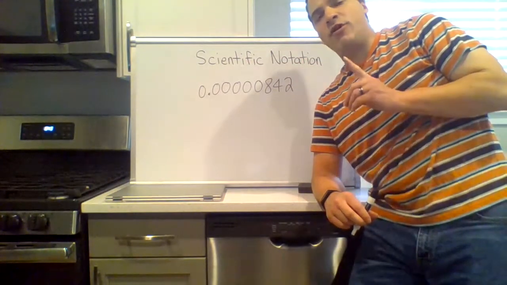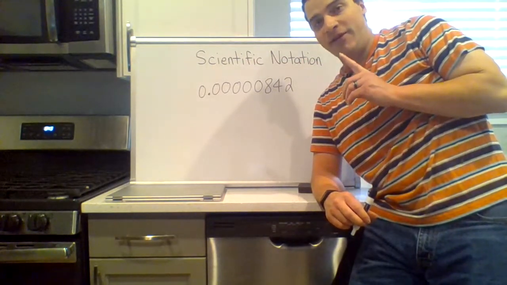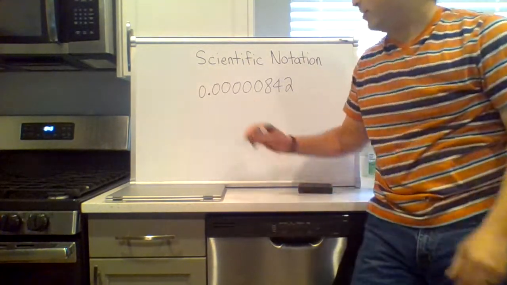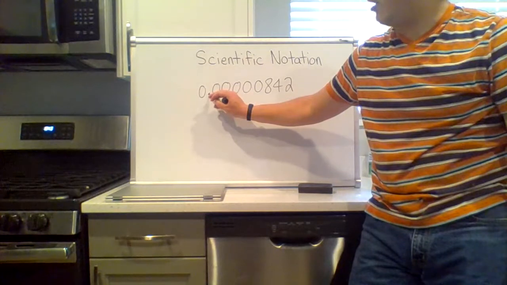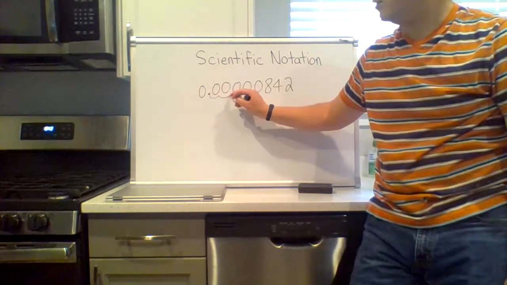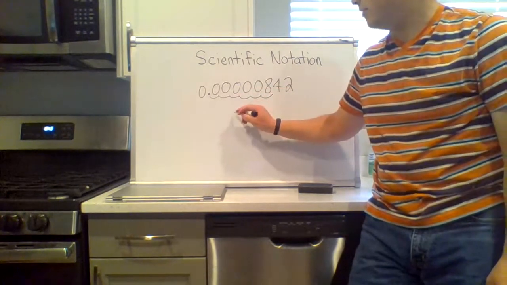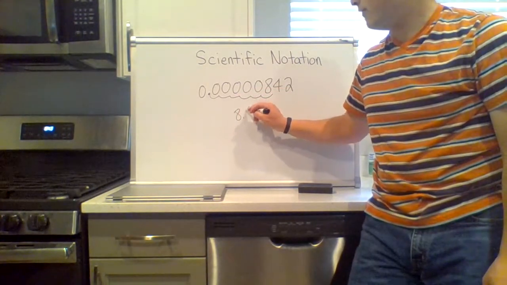We want just one number in front of the decimal that is not 0, just like we did with large numbers. So instead we're going to count the other direction. 1, 2, 3, 4, 5, 6. So 8.42